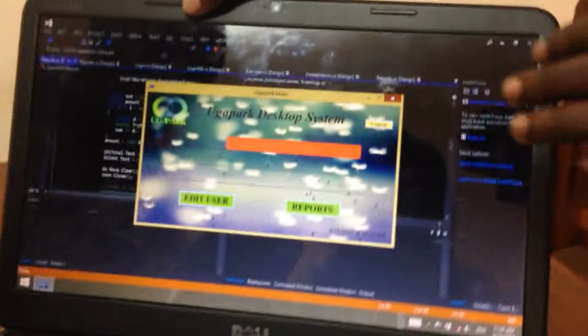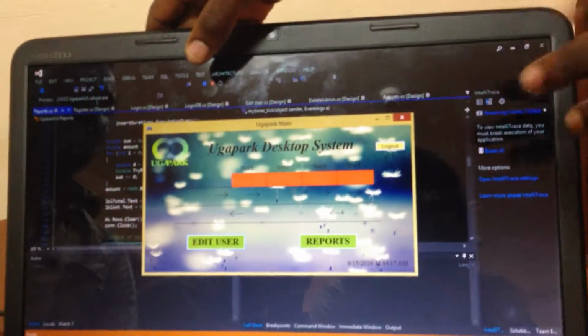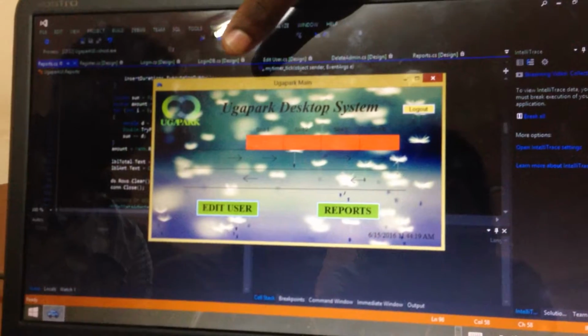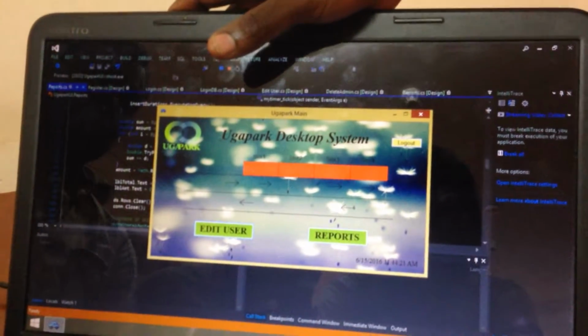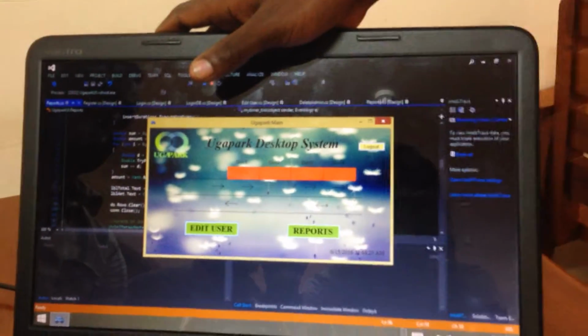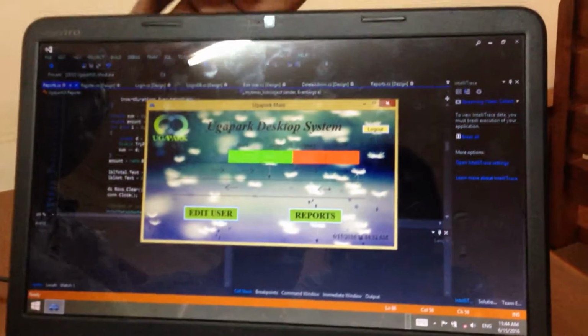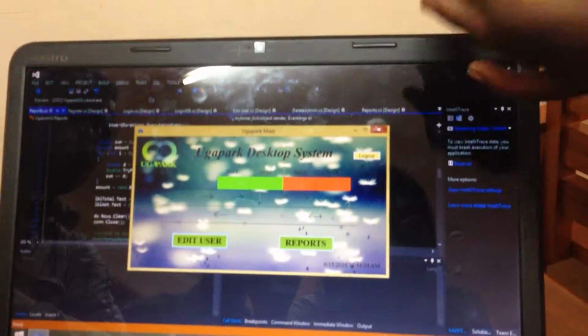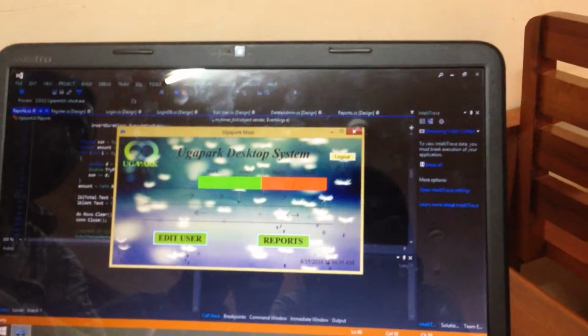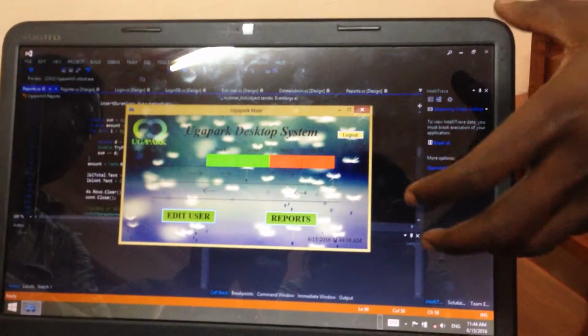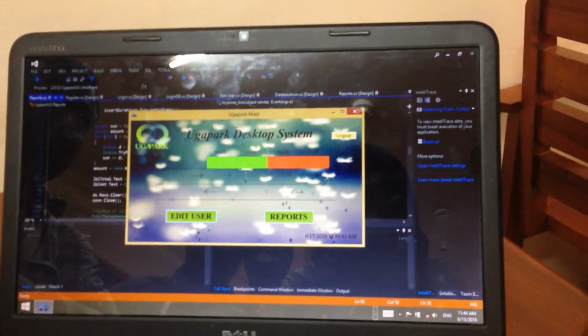So as you can see, our main window can display the slots available and those which are free. Those in red are occupied, as you can see, 4 of them are all red. But if you take away, let's say, slot 1 and 2, they would turn to green. Yeah, so now slot 1 and 2 have changed. This is used by the multiplex IT technicians who can view and monitor the system.